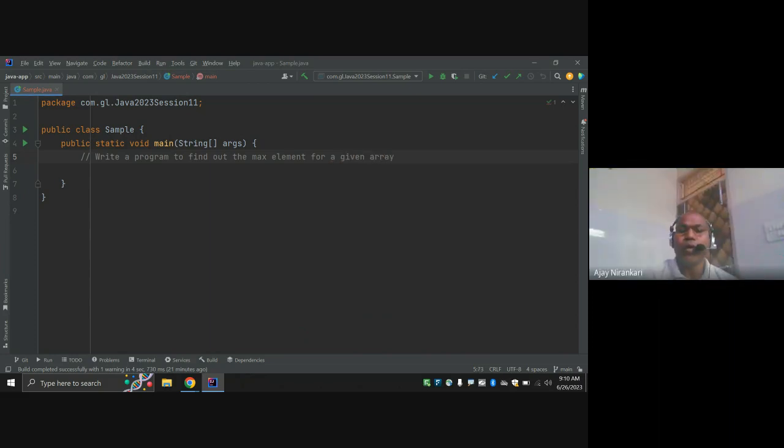Right. So now we have one array, and I want to find what is the maximum element in this array,